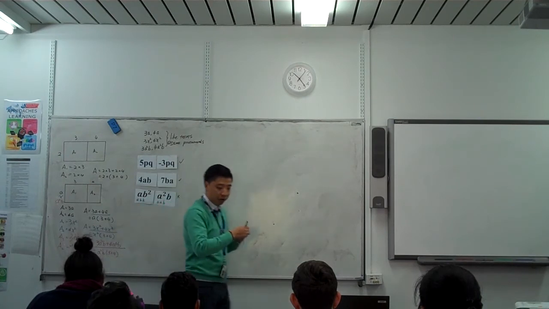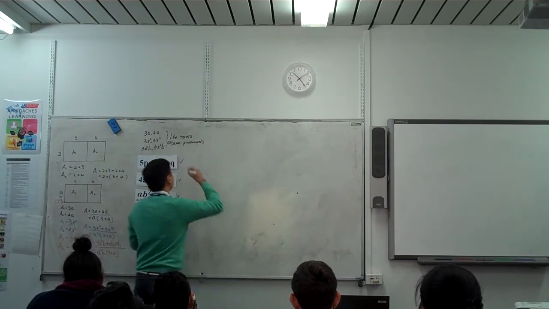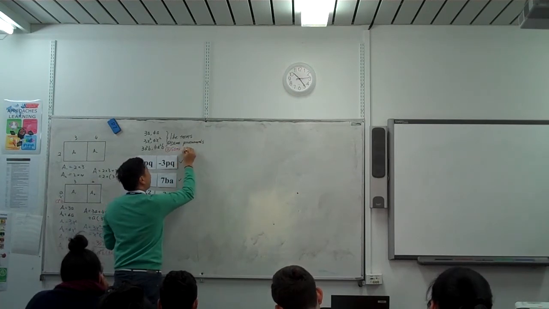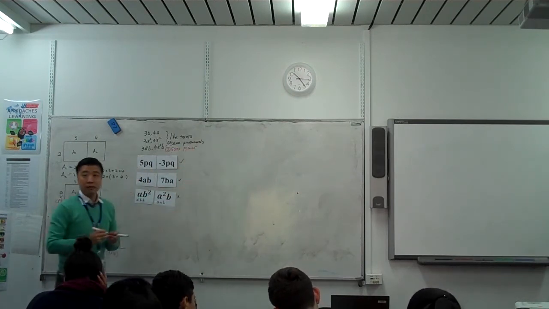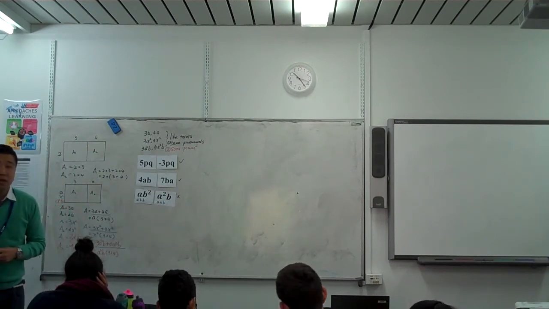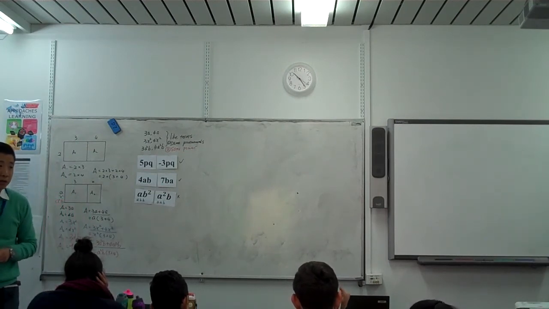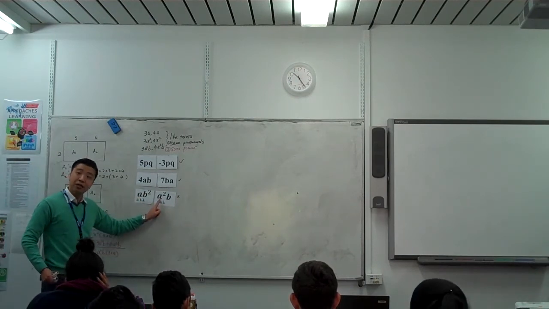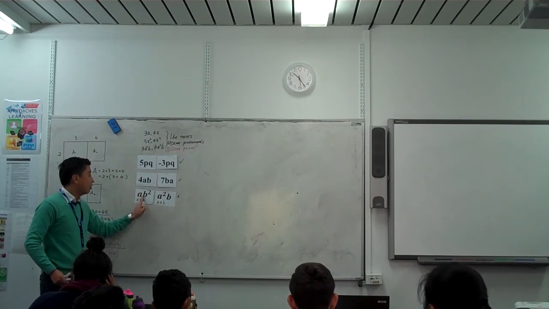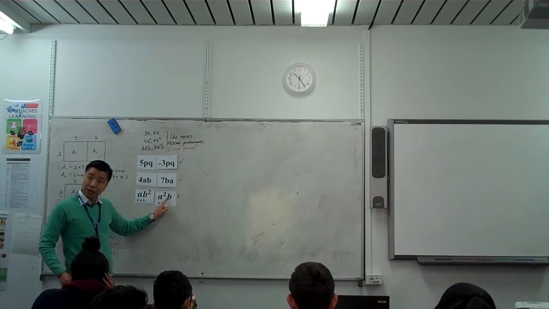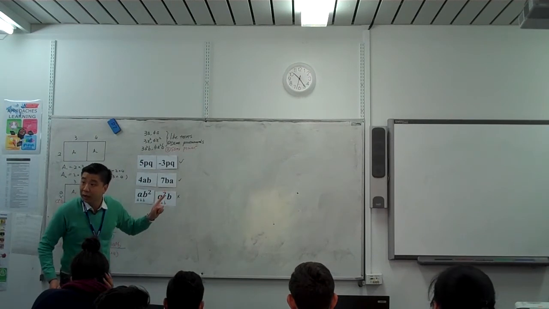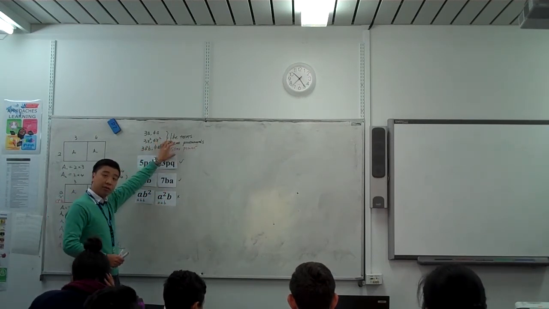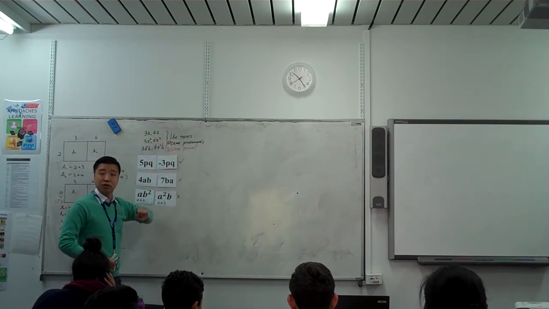We want everyone to write in another color. Number 2, they should have the same power. Same pronumeral with the same power. That is very important. So if A to the power of 1, here should be A to the power of 1. If this is B to the power of 2, here should be B to the power of 2. Okay? Do you have any questions? Good. So when we judge like terms, you have to follow these 2 rules. Okay? Now,